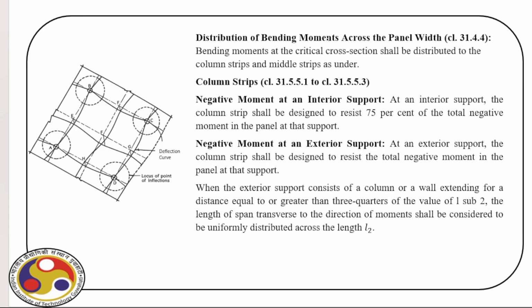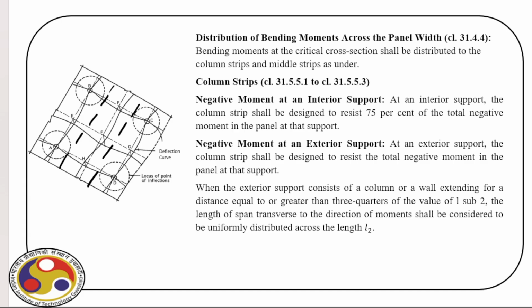Now, distribution of bending moment across the panel width. The bending moment at the critical cross section shall be distributed to the column strip and middle strip. Recall, we had column strips and the middle strips. So, for column strip, the clause is 31.5.5.1 to clause 31.5.5.3. So, the negative moment at the interior support